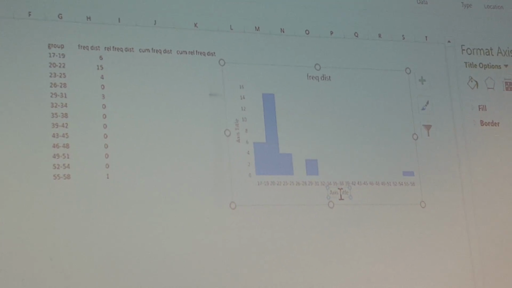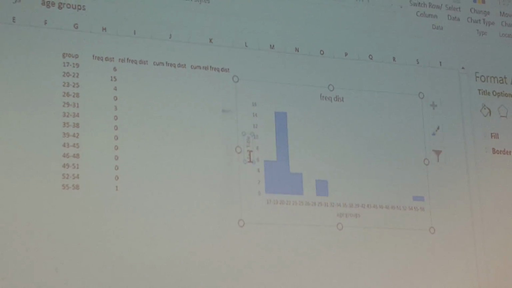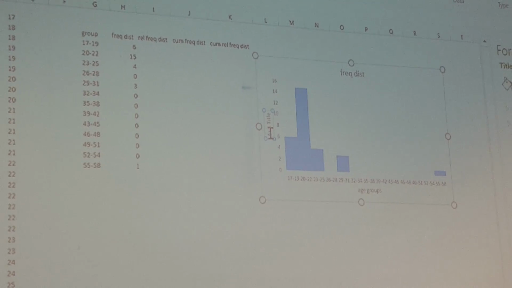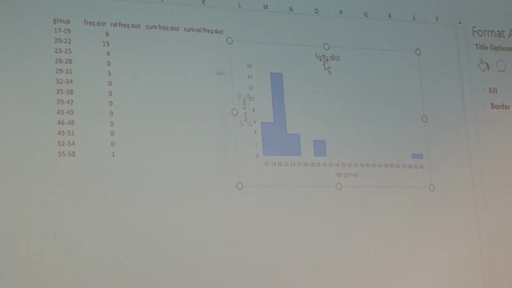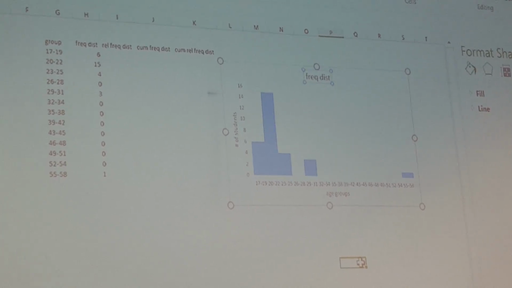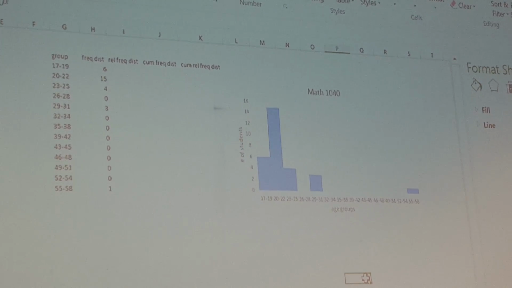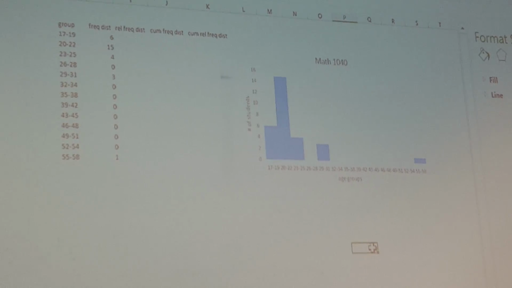You're going to change this to age groups. You're going to change this to number of students. I'll turn that way. And this is going to be math 1040 or whatever. Okay? All right. Okay, now